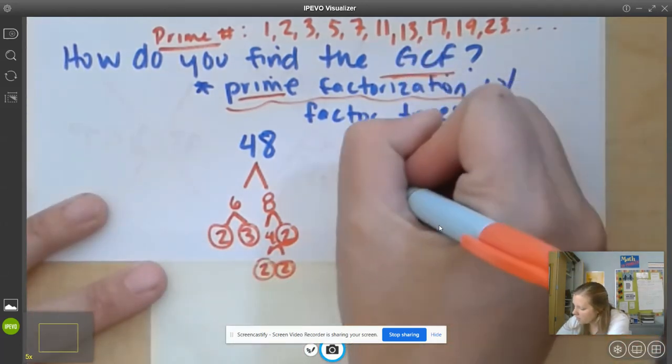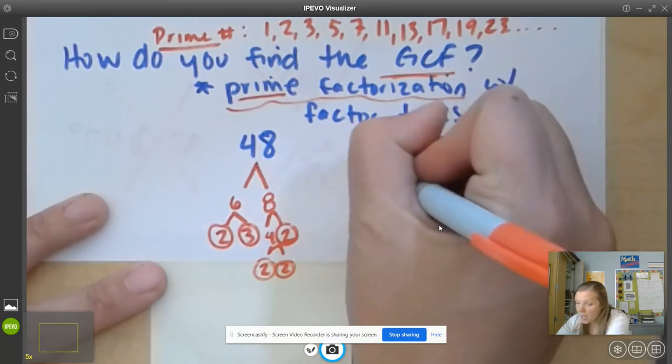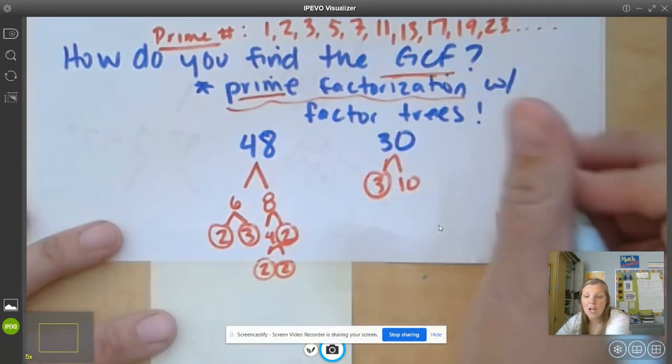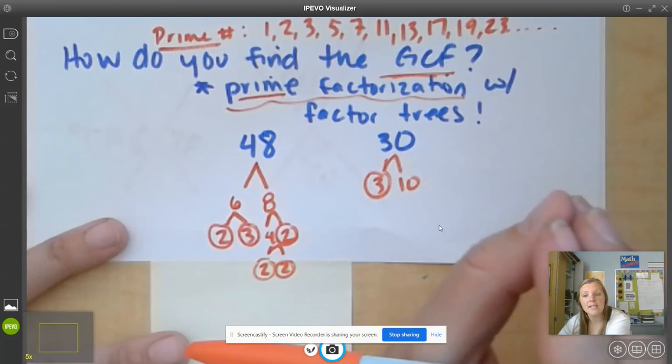Let's do 30. 30 is 3 and 10. Maybe you thought of 5 and 6. That would work too. It doesn't matter how you split them up, as long as they multiply to be the